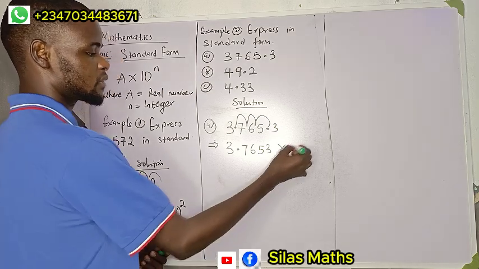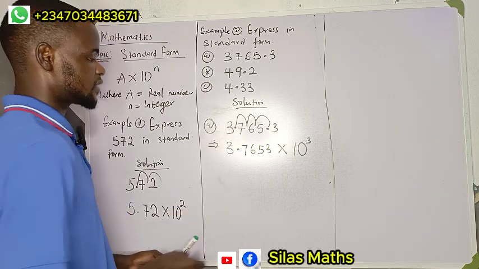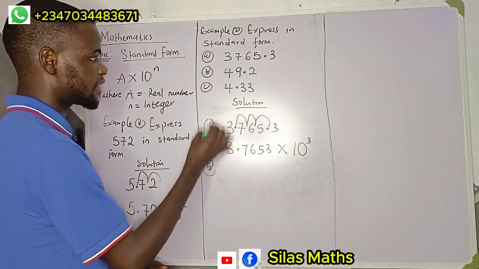Move the point 3 times. So we're going to have 10 to the power of 3. That is that for this. So second one, B, I have